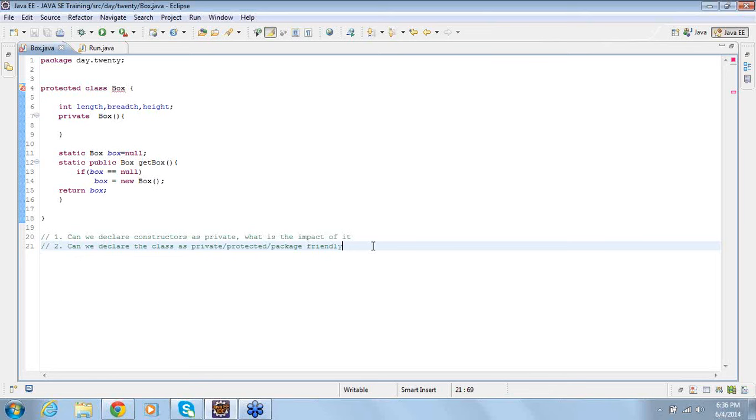Any guesses? Can we declare the class as private or protected or package friendly? If no, justify, or if yes, justify.